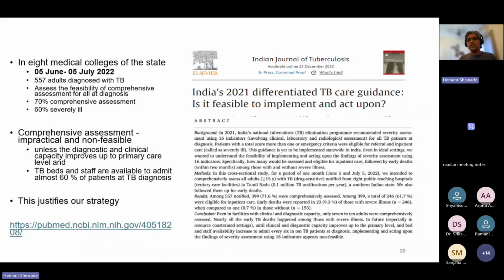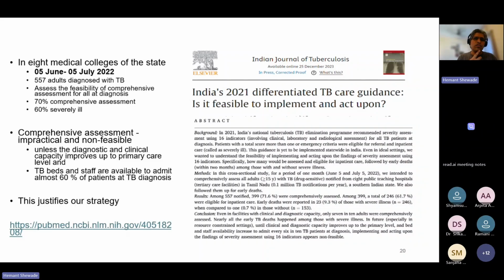You remember I was talking about 16 indicators which we used in the case record form. In TN-KET, we used 5 triage variables, and those that were triage positive, as a public health guidance, were prioritized for referral, comprehensive assessment, and inpatient care. So the comprehensive assessment was done using 16 indicators. What CTD was recommending is to use those 16 indicators among all TB patients, right? So we felt that using those 16 indicators for all TB patients, then generating a composite indicator score, then classifying it based on that score into 3 categories is a bit complex and not feasible to do in routine program settings. So we said, why not test it, right?